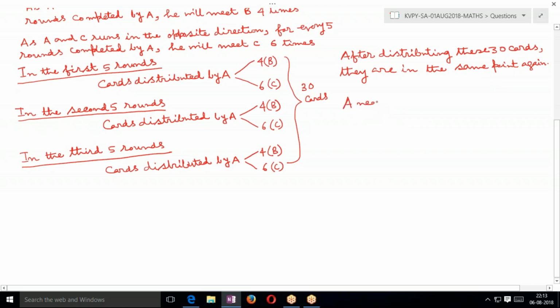So A needs to distribute 3 cards. So for these 3 cards, he will distribute 1 card to B and 2 cards to C. So if you amalgamate all these together, we get finally,